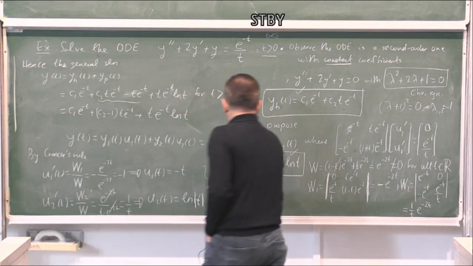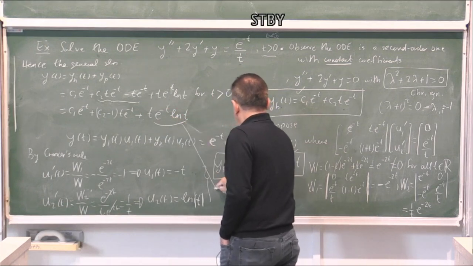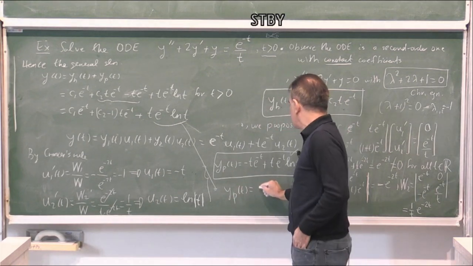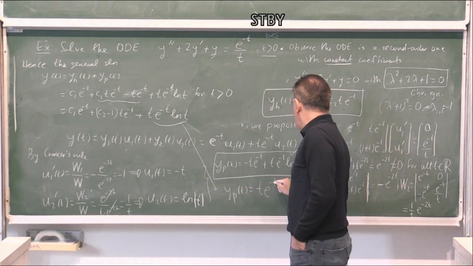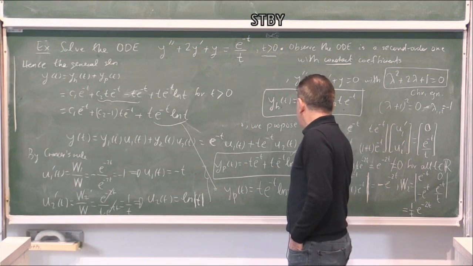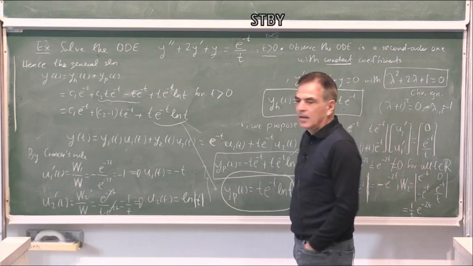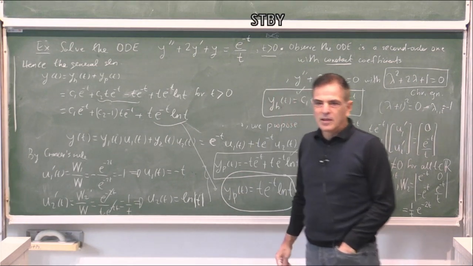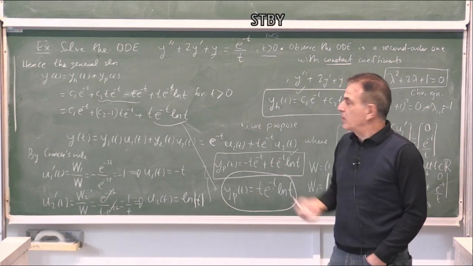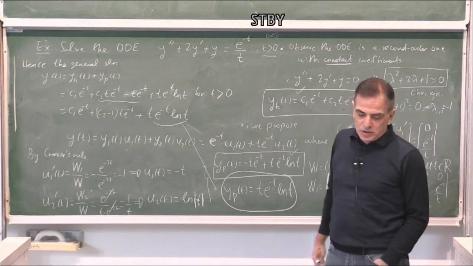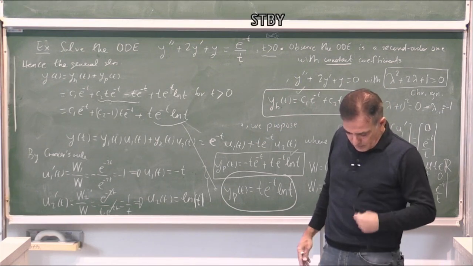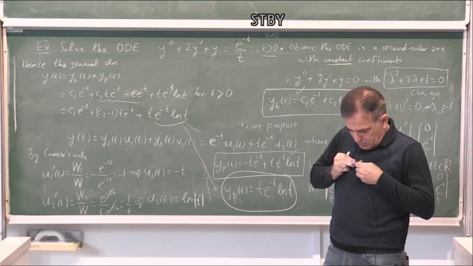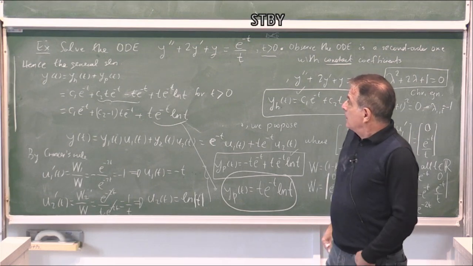So yp with this, I say that perhaps the simpler form of a particular solution is t e to power minus t ln t. Okay? This part is incorporated with the homogeneous term, with a solution which appears in the homogeneous equation. Okay. So,